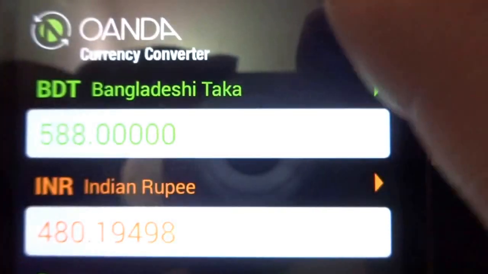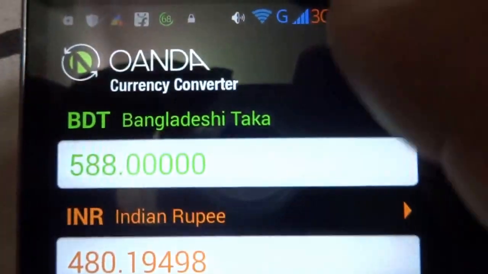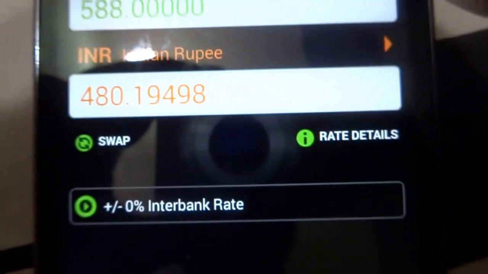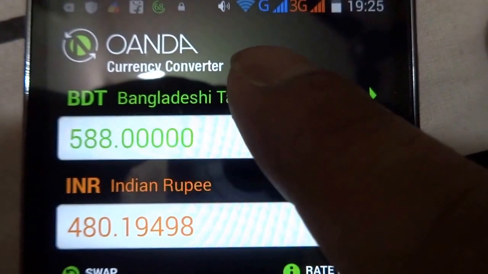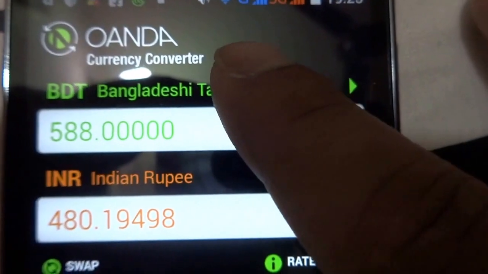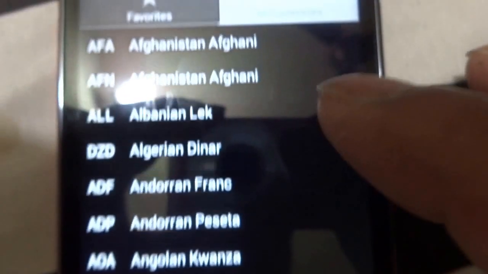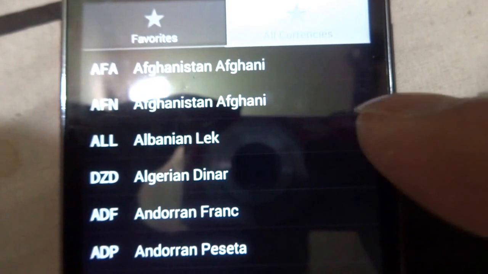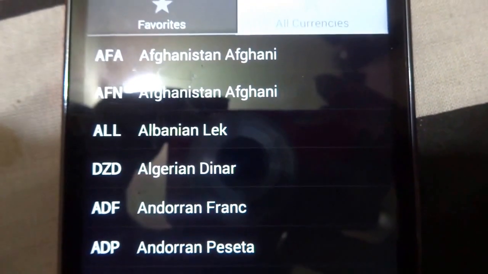Let's see, let me just go back, and if I see again, it should not go back completely. There should be an option that maybe switches, changes. There's only the swap option. Now I need to be careful, because I'm viewing through the camera, I may make a mistake. Yeah, but I've got it right. Now I'm on to all currencies. So there should be an option where I can quickly search and quickly get down to the currency which I want to look for. So that would be my feedback to O&A.